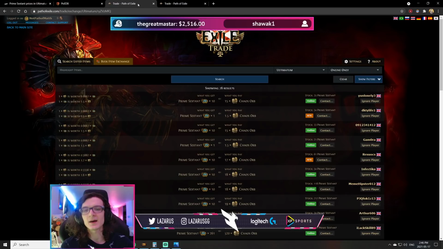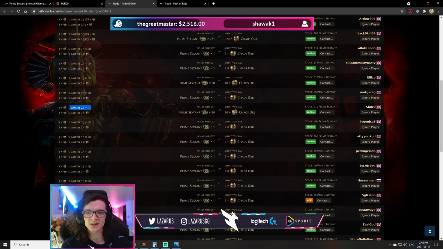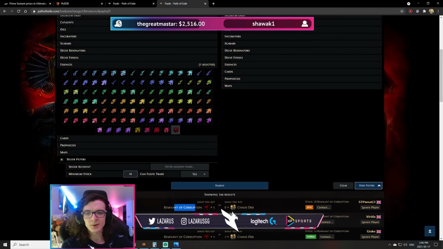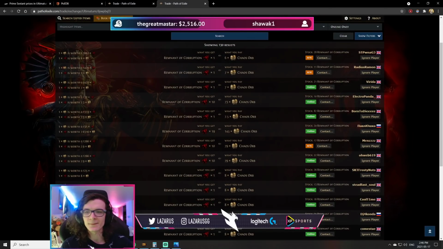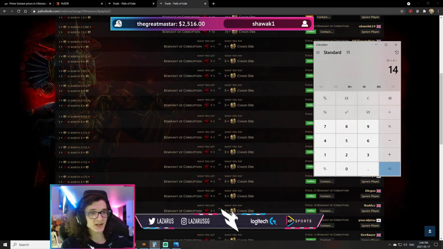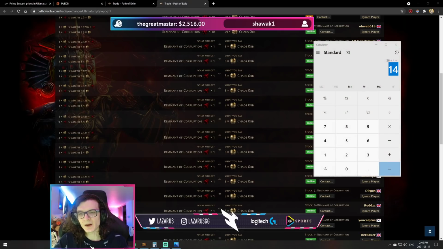But even with the current prices of about 2 chaos each for these prime sextants, if we look at remnants of corruption in bulk of 10 plus right now, they sell for about 7 chaos as a minimum, and it goes up to pretty much 8 chaos. So it's costing us 14 chaos per map, and on average we are getting